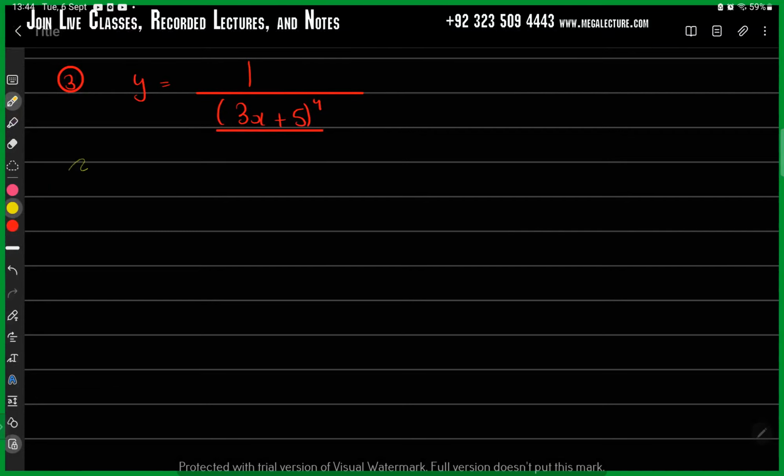So for the solution, I've been asked to differentiate. So dy by dx is basically equal to, now I know whenever I'm differentiating something, I need to have the variable in the numerator. So first of all, I need to take this thing from here to here, and it would become (3x plus 5) to the power minus 4. Okay, just think about it. In the past, whenever I had something in the denominator, I was taking that to the numerator. For example,